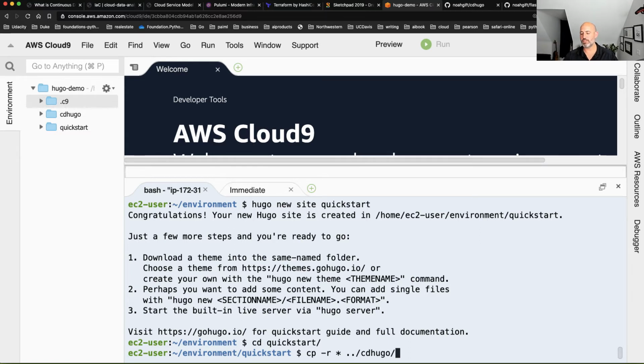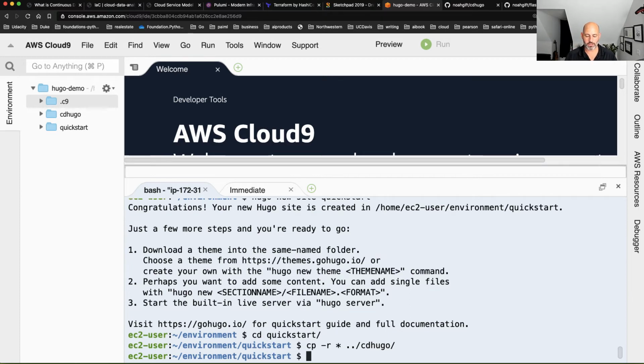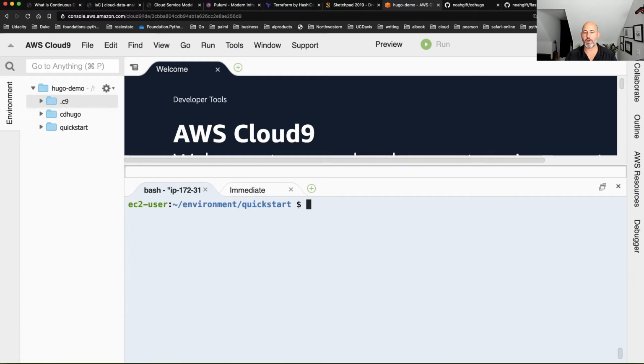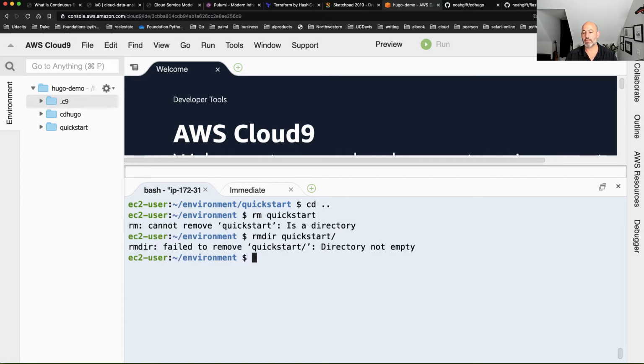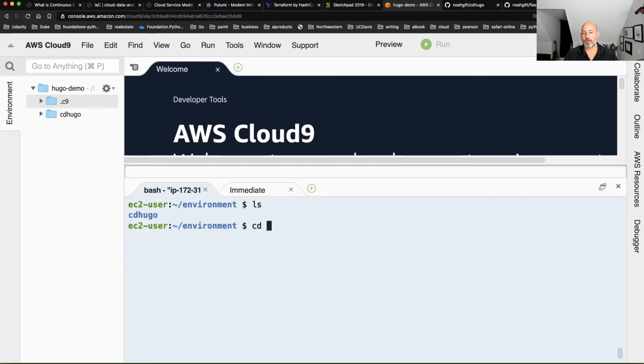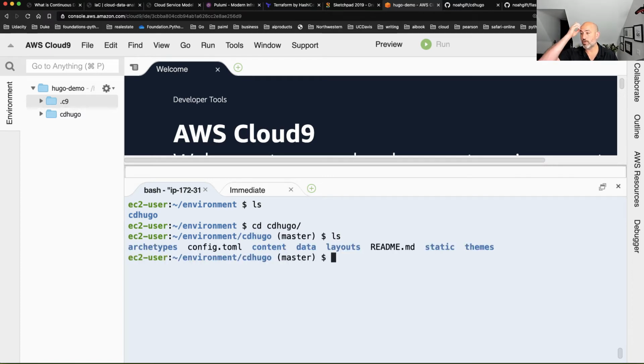Right. So the reason I'm doing all these tricks is that I want to make it easy to just check this code into GitHub. So there we go. That looks good. And now I can get rid of this directory, quickstart, rmdir quickstart. There should be nothing in there. Oh, well, I guess there is because I didn't delete it. Let's delete that. Okay. And then from here, I just have this one repo. And in fact, if I want, I can just check this code in and get the ball rolling. So let's go ahead and do that.